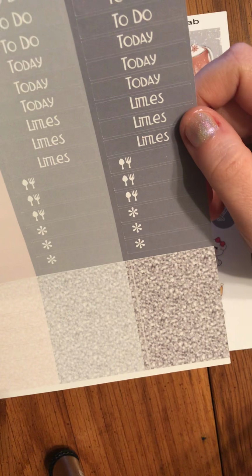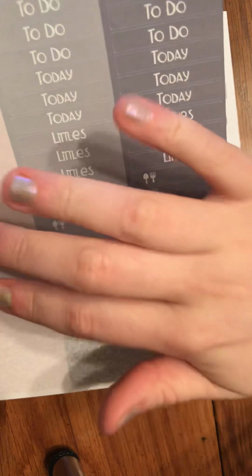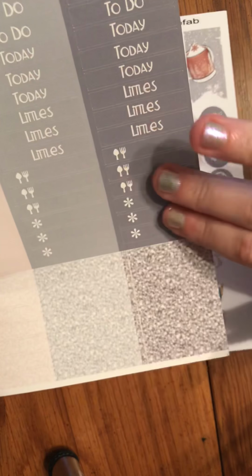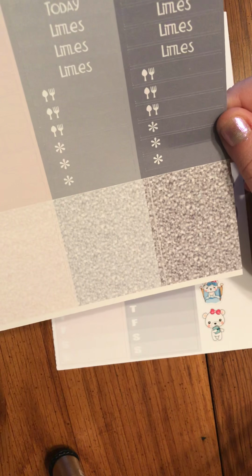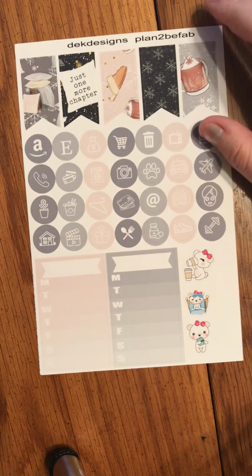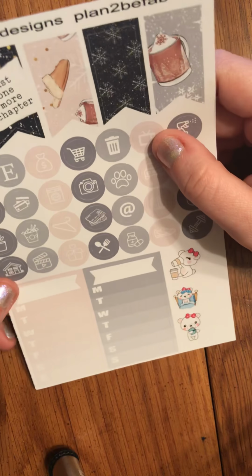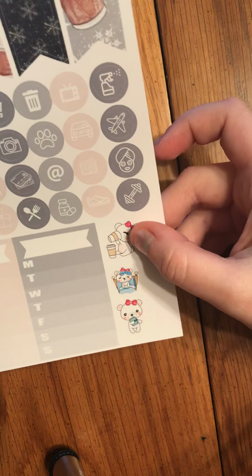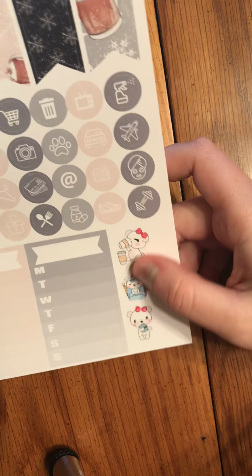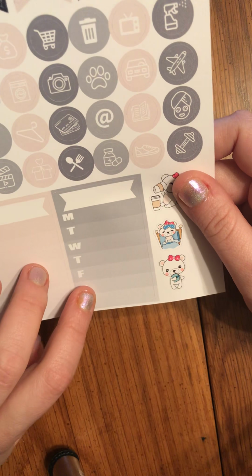I have an entire sheet here that is, I've got to-dos, todays, and littles in 3 different colors, and then we also have an entire sheet or section of littles also in the 3 different colors, and then 3 different colors of the glitter washi, no decorative washi there. And then this is the final page. I've got 5 flags up here. I've got a bunch of functional icons here, a few more of the very cute icons, and then 2 weekly